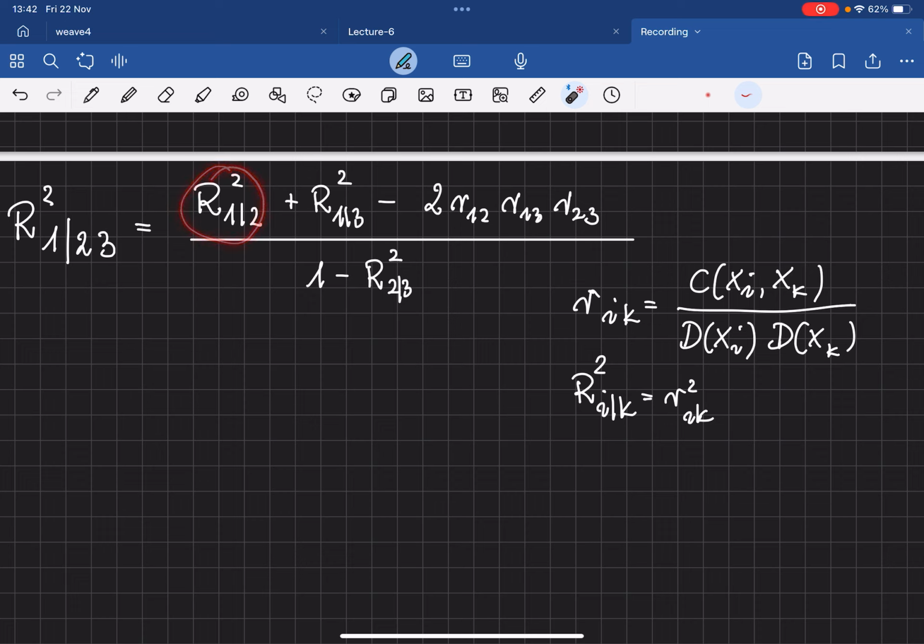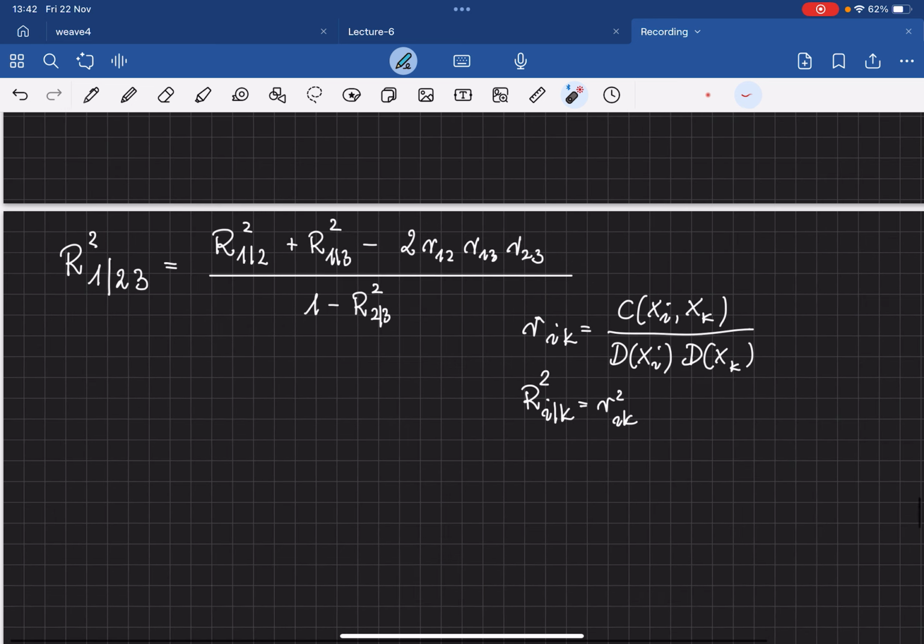This is the information coming from one variable, this is the information coming from the second variable, and we add them. However, if there is a non-trivial relation between variables 2 and 3, then this thing is quite complicated. It is complicated because this dependence appears not only here in the numerator, but also in the denominator. To see that this dependence is not really that easy, let us look